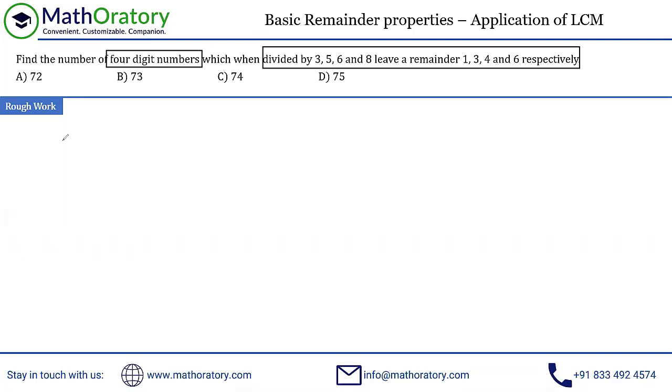So first of all, let us say that the number is n. So this when divided by 3 leaves a remainder of 1, right? So this is given to us, that n divided by 3, the remainder should be 1. Now, just think about the number line, by the way. If you focus on the number line, wherever this n is, let's say here, this divided by 3 leaves a remainder of 1. If you understand the basic idea of remainders, you will understand quickly that if I move one step back, so I move one number behind it, left side, I'll get a multiple of 3, right? So that is the idea of remainders.